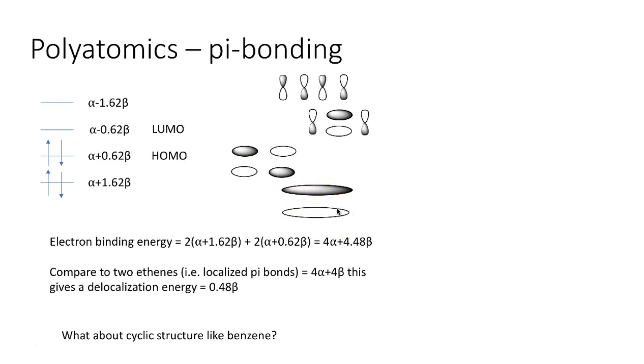Okay, and so that shows you the favorability of delocalization, and the Huckel theory does a good job of approximating that. So the next one we're going to do, but we're going to do it in one of our Zoom meetings, is the cyclic structure of benzene. So until we get to that part,